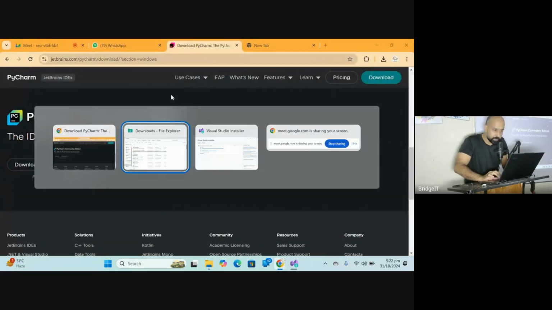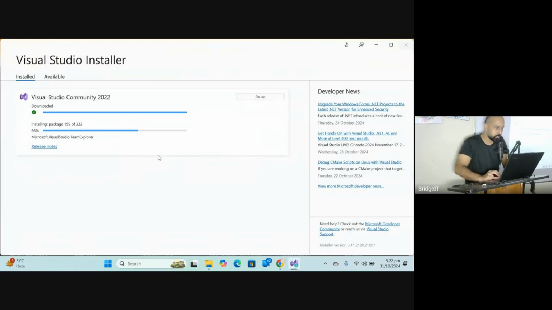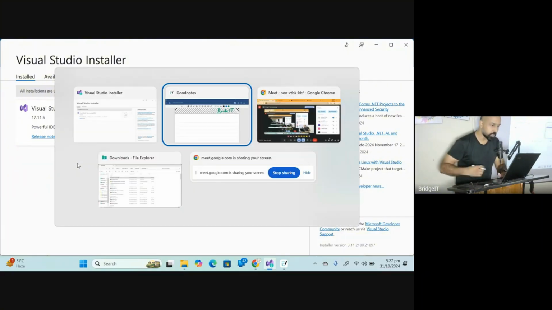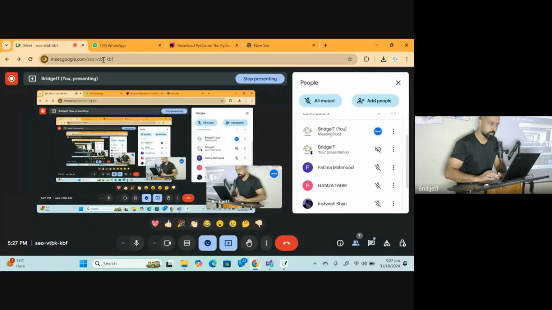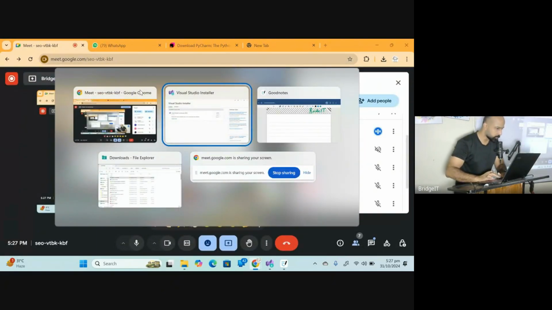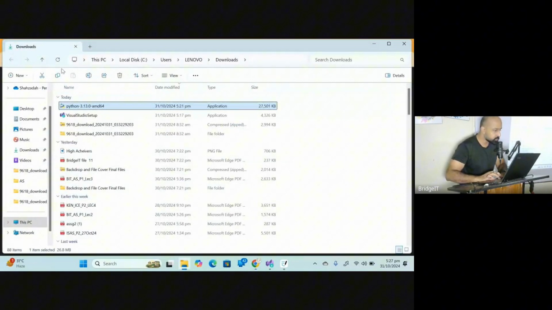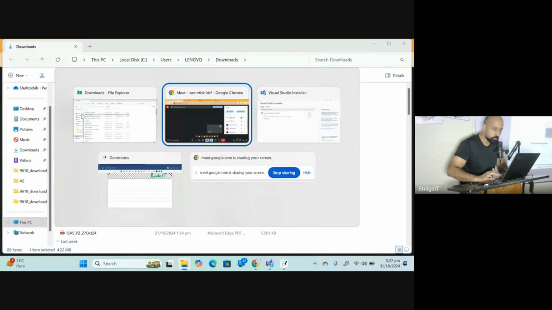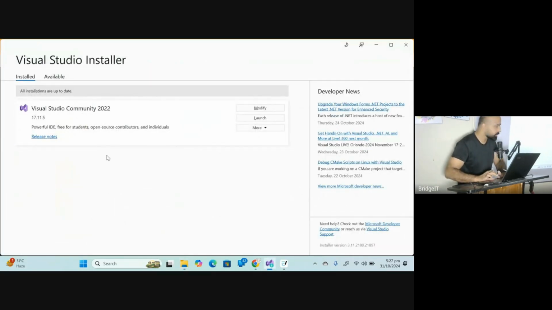Details are required here, which is taking a bit of time. Once you have this Visual Basic thing installed, the setup that we downloaded from the Microsoft Visual Studio website, the Community Edition, we got this file, the Visual Studio setup. We double clicked on it, and after pressing next, we landed here.